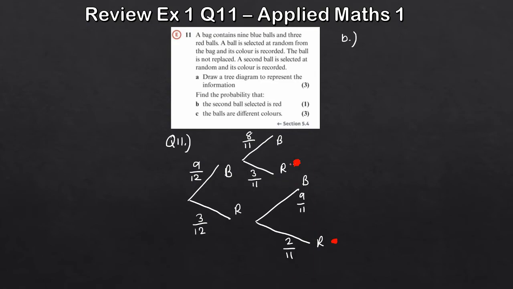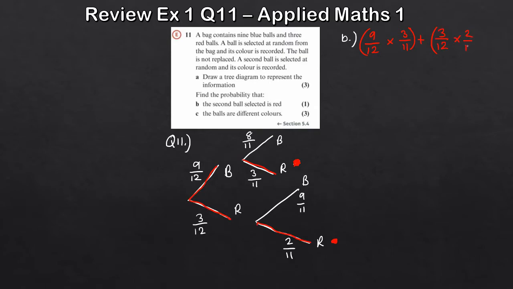So how do we get to this one? Well, we've got to go up this branch here and then down this branch here. So that's 9 over 12 times 3 over 11. So we'll put that in a bracket because we're going to need to multiply two more probabilities here. And again, to get to this red here, I've got to go down this one here and then down this one here. So that's 3 over 12